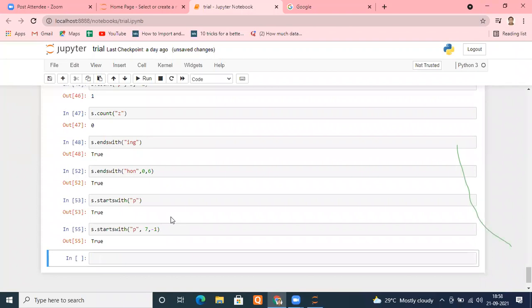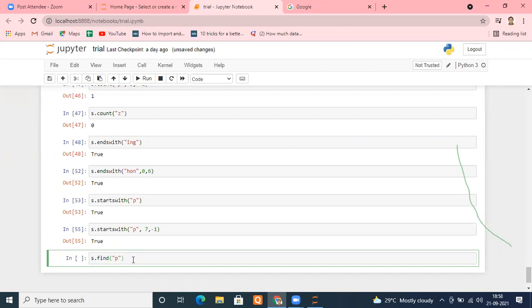Now the next function is your find function. s dot find: whatever value you specify inside this, it will tell the index of its first occurrence. I repeat once again, whatever value you specify here, it will tell the index of its first occurrence. For example, I put P here.